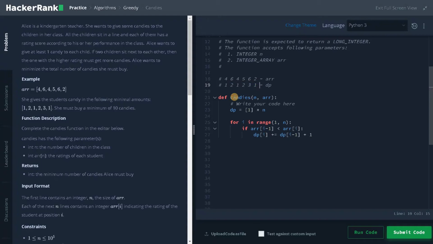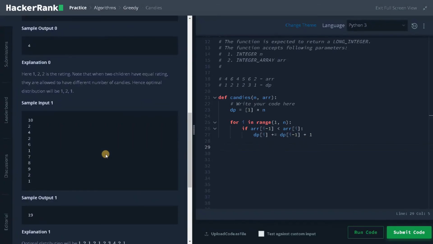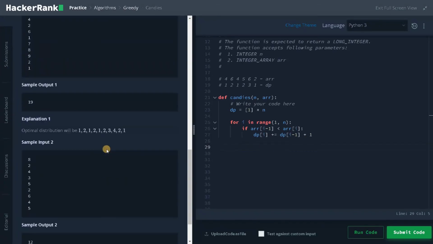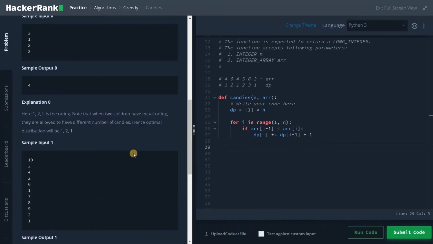For this case, we have calculated the minimum number of candies, but we also need to traverse from the reverse, because sometimes if the ratings are changed, if you traverse from reverse, we have to check for the similar condition in reverse also to avoid any missing numbers. I think I don't have any example for traversing from reverse. All of them are much bigger.